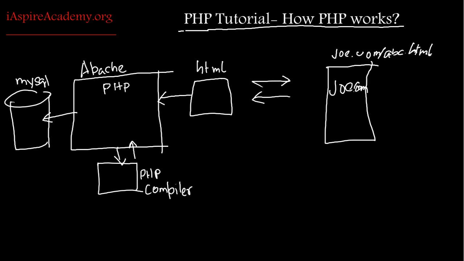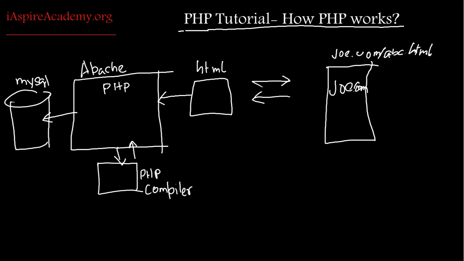So we were talking about how PHP works when you visit a website. Let's say you are visiting joe.com slash abc.html. Now abc.html happens to be this particular file. Let's say this has some embedded PHP code. So what this will do is